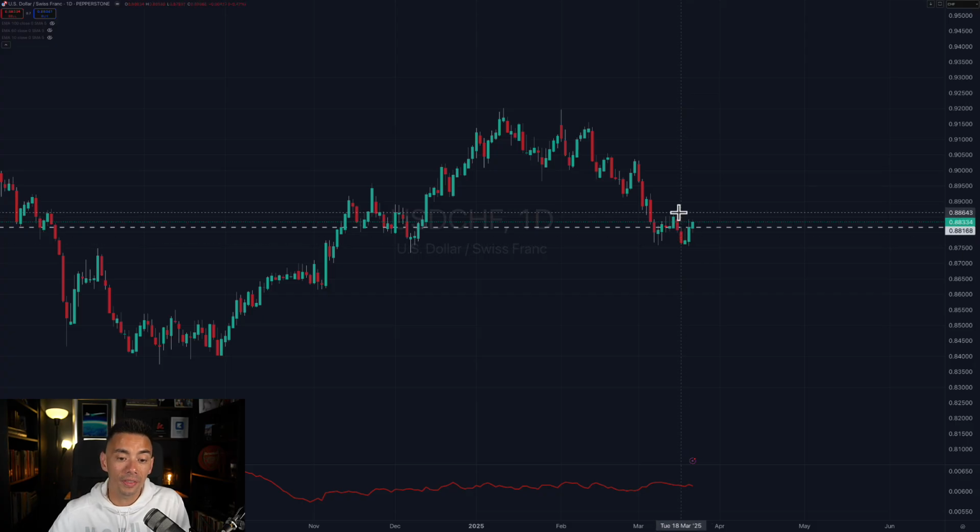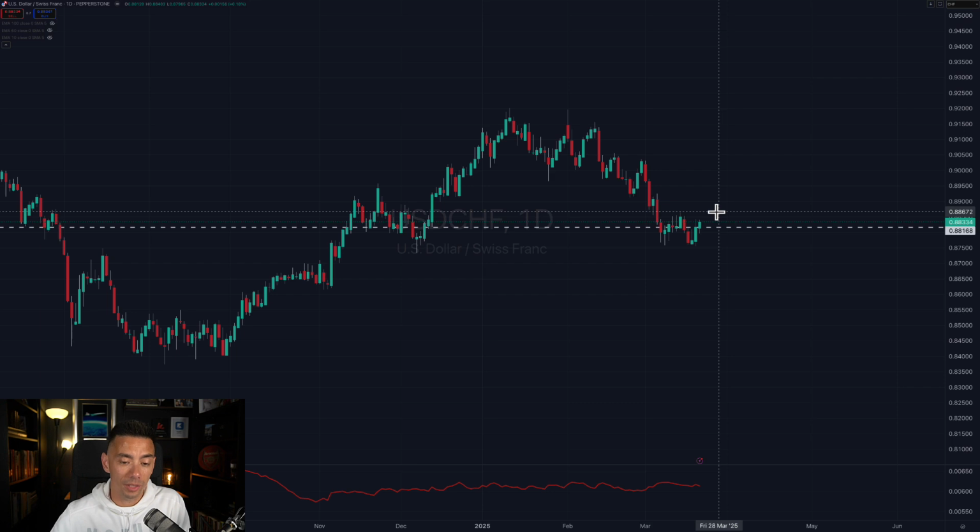Now, I think any sellers that were in here would have their stops above this level. And a lot of buyers that are waiting for extra confirmation that there's going to be a resumption of this big trend over here will probably have their orders above here. So we've got every likelihood that if the market breaks through 0.8867, that we're going to get a momentum move to the upside. Not necessarily all the way to the highs over here, but certainly